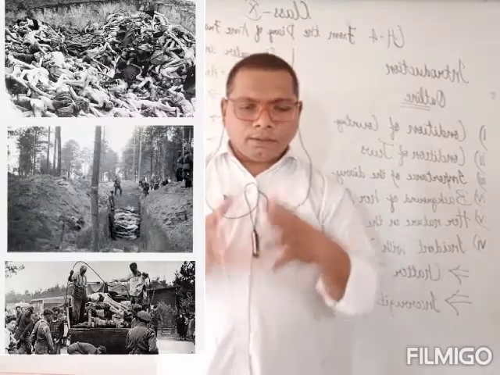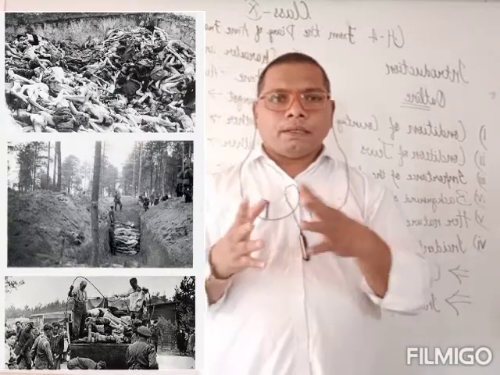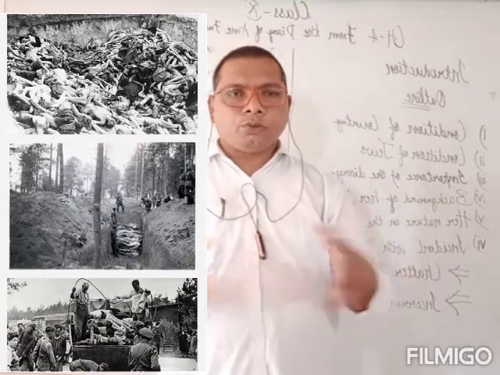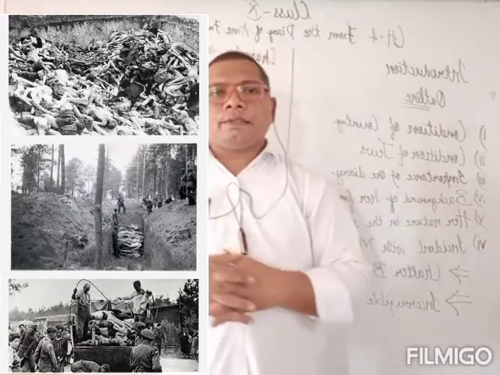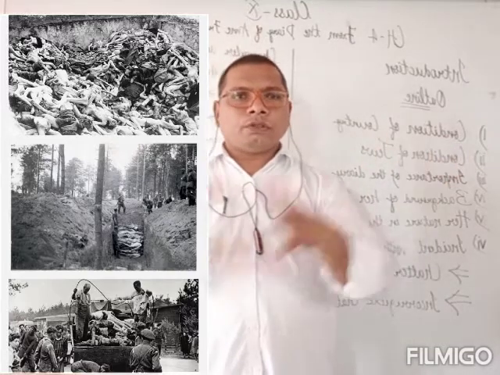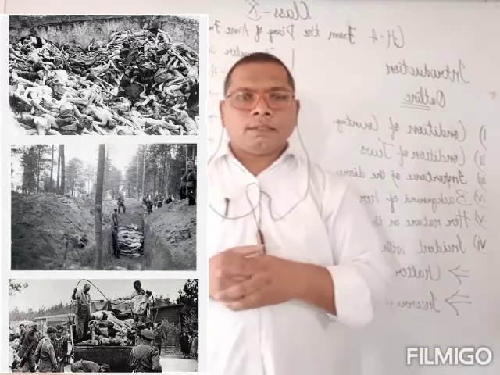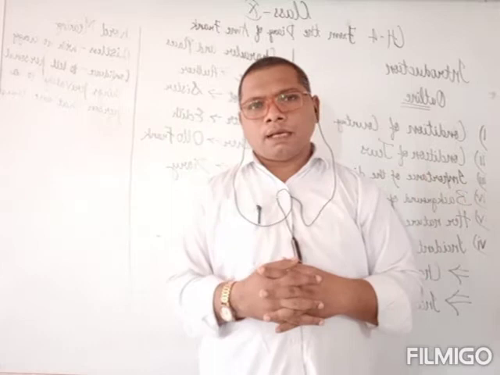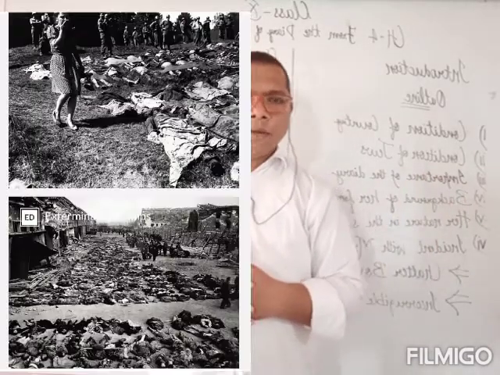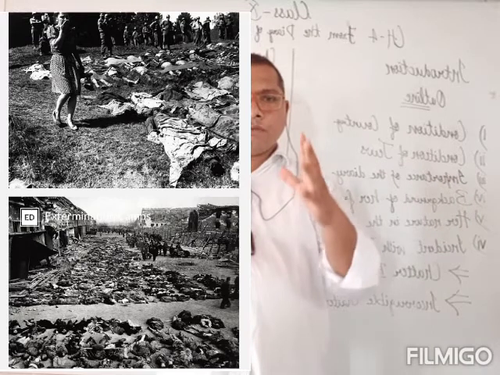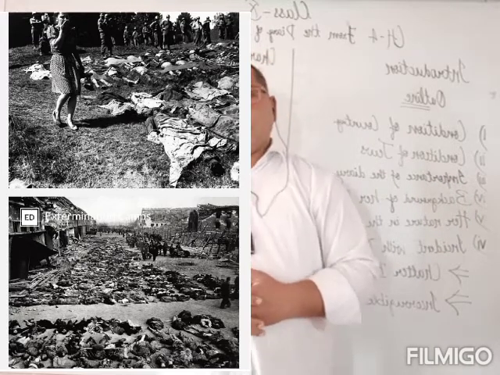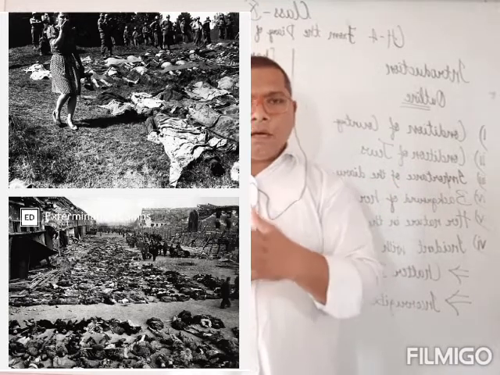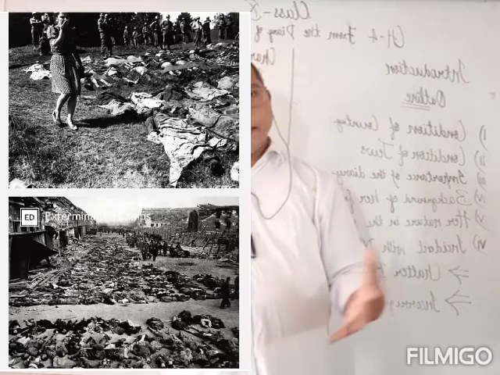So that is what is called a concentration camp, but in other words we can say it is a death camp, because millions of Jews were forced to enter there, and after entering, all the doors were closed, and finally certain gases were put in, such as carbon dioxide and monoxide, and because of the gas many people died there. That was also one of the conditions, and many of them died there due to hunger.